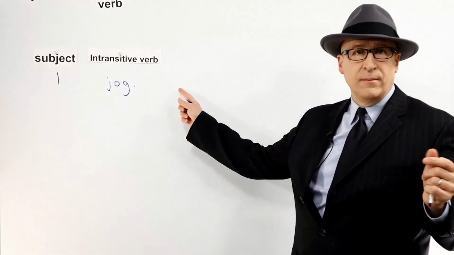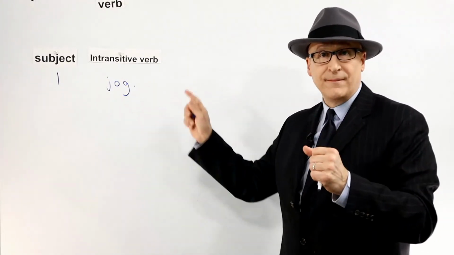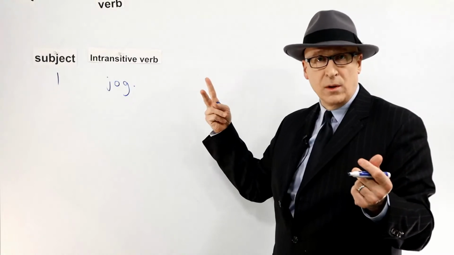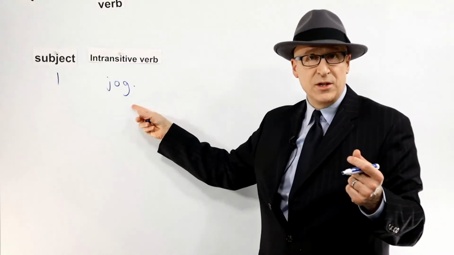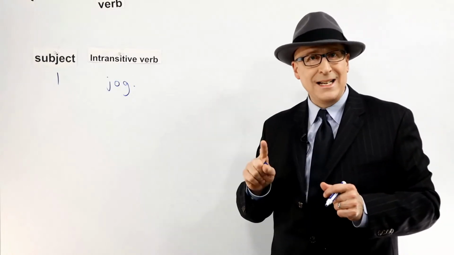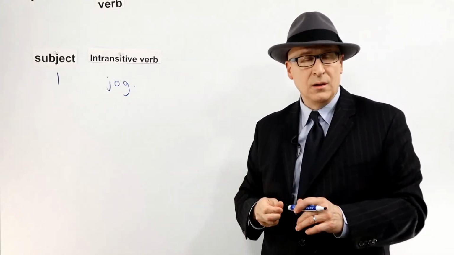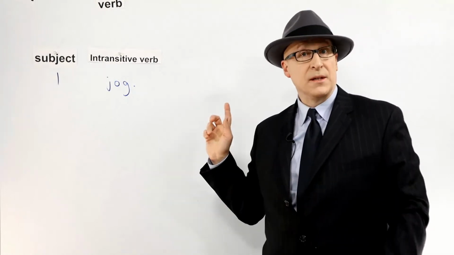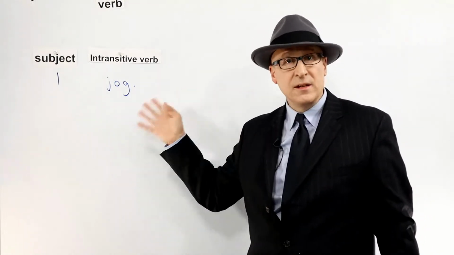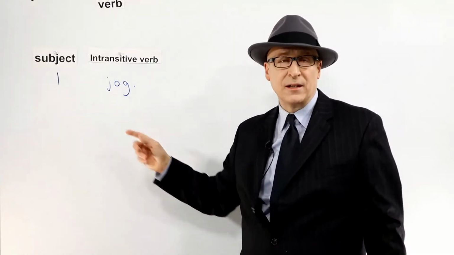We could have an adverb. We could say, I jog quickly. I jog every day. That's an adverb. Every day, two words, is an adverb telling us when we jog. We could have that. It's possible, but we don't need it. That is a complete idea. It's small, doesn't tell us much, but it tells us something completely. It's a complete idea, so it's an independent clause. It has a subject and a verb.